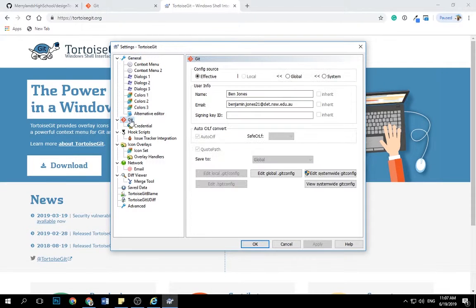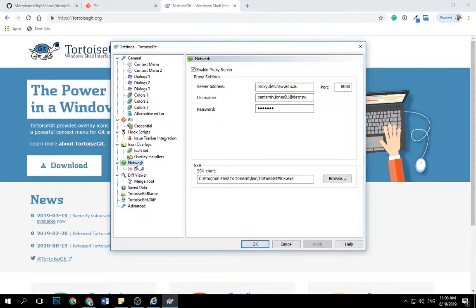The first is we need to go here into the Git on the left, and you need to put your full name, and you need to put your email address as you used in GitHub, so your school email address, and that's a requirement. So if you want to press pause, go off and do that and come back, that would be great. Then once you've done that, you'll go down to network here, and you'll need to check enable